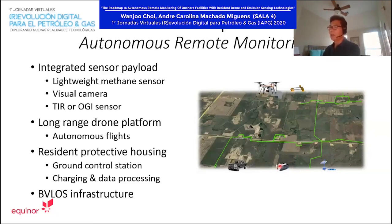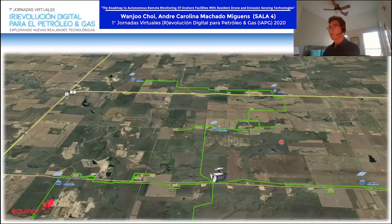And also we need BVLOS infrastructure, beyond visual line of sight infrastructure. We can make it ourselves, but we need to get permission from the FAA. Actually, in the case of North Dakota, they are helping the oil and gas industry with the infrastructure. Right now, those efforts are going on, and the FAA is very supportive of that. So here's our little animation of what the future will be like. The drone will stay on location and fly in an autonomous fashion, and it will collect information from